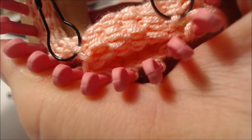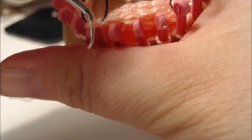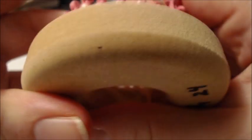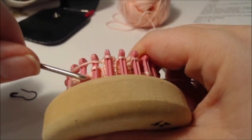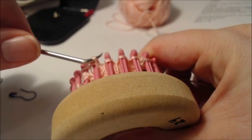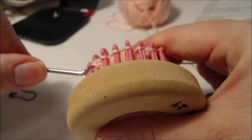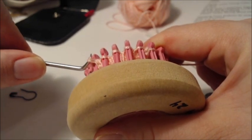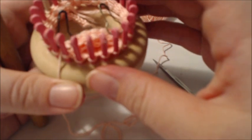Okay, if you look real closely, you have another chain here. You can pull that up. Okay, and then you slip and you knit your way over. Okay, knit two together. All right, and knit two together. Okay, so you either just knitted your 30 rows or you've just done what I've done,